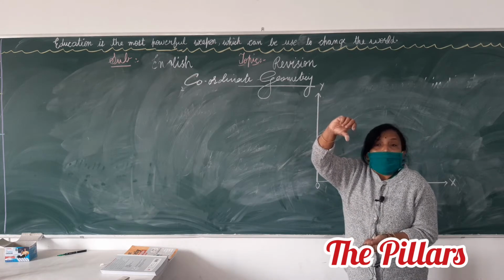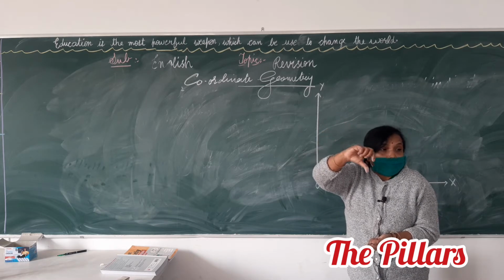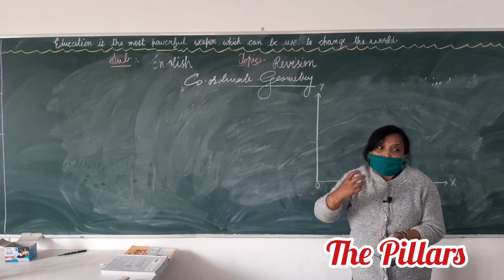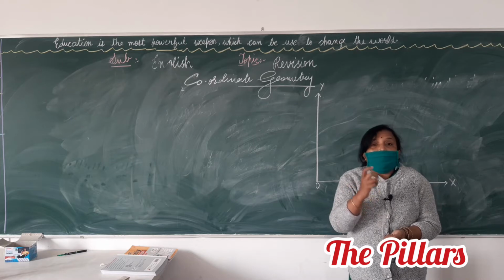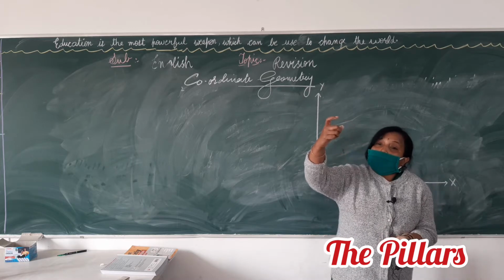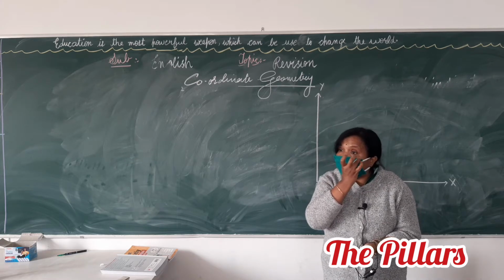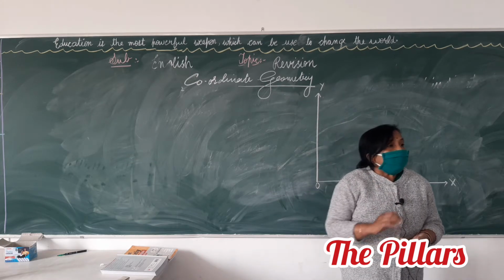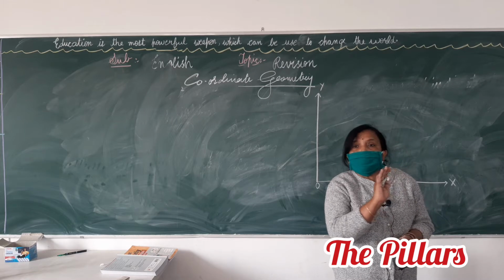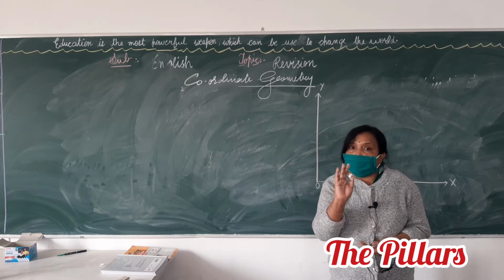It's a two-dimensional plane. Why? Only x-axis and y-axis. Had it been three-dimensional, then x, y and z. Now, when you represent any point on this xy plane,